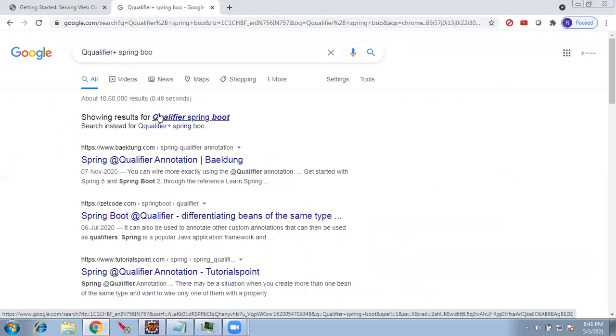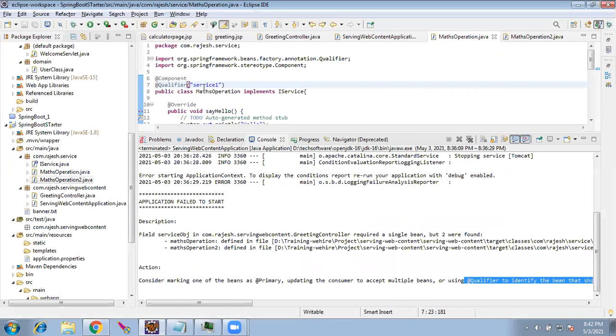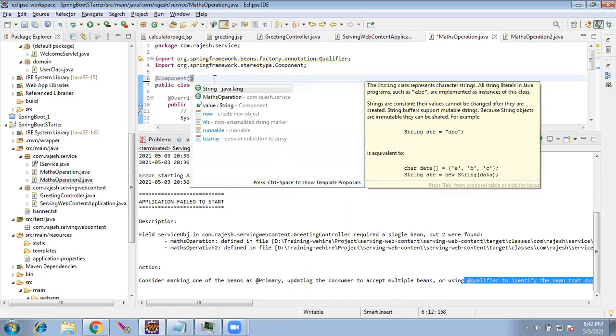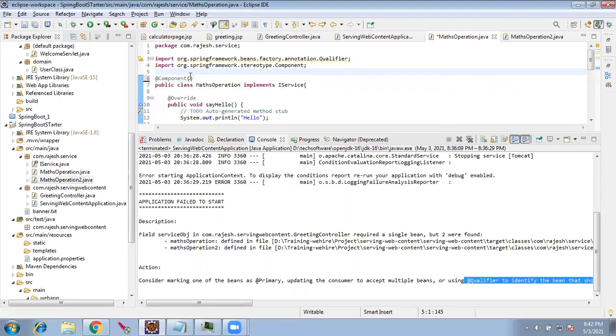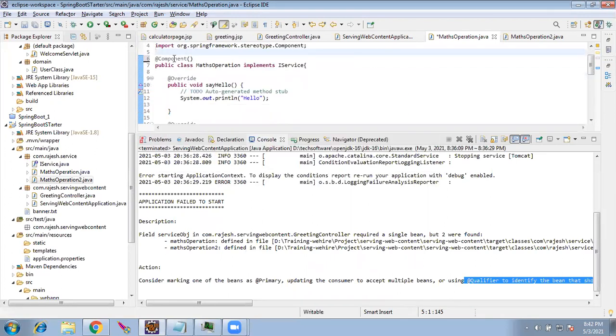I'm just afraid if I open it. Here I'll try giving this inside the component, because this syntax will not be used here. I'll see the documentation. Component indicates an annotated class. Okay, I got it.